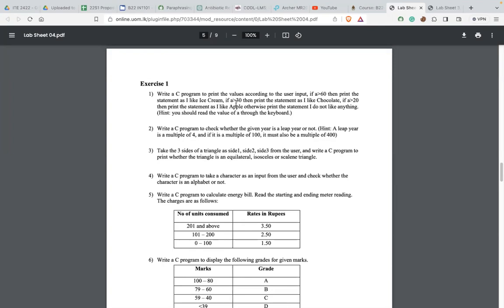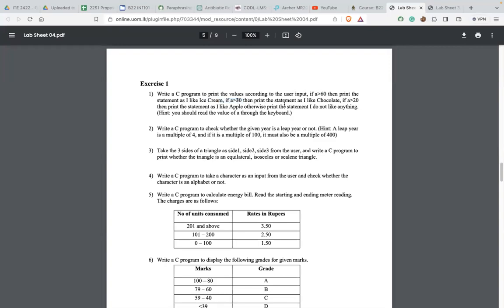Otherwise, if A is greater than 30, meaning in between 60 and 30,